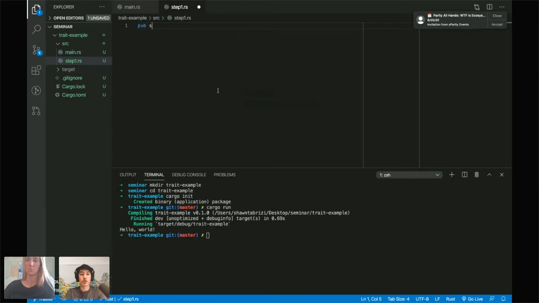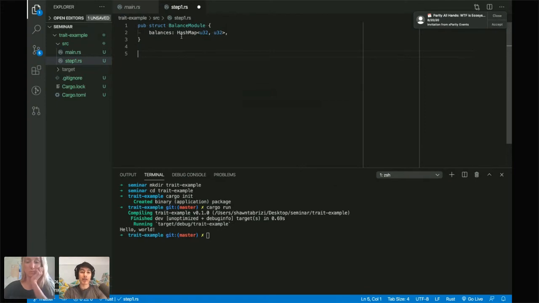I'm going to do a pub struct Balances module, okay? And as I mentioned, this structure is going to have one item in it. So it'll be balances, and I'll use a hash map. Again, this is a more primitive Rust type, which maps from a u32 to u32. So this would be representing some account and some balance here, right? And this will basically be our main structure starting point.